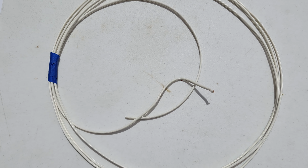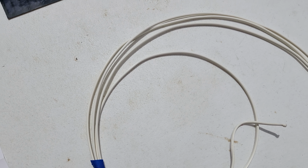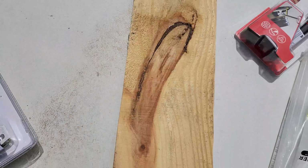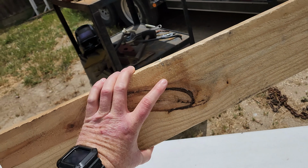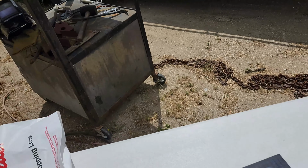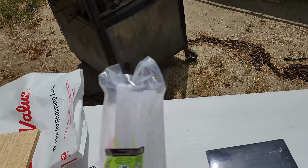And then for the other stuff we're going to need, we got a piece of wire. Got about 10 foot of wire. The wire was $5. And a piece of wood. This is just a remnant from the hardware store. I paid $1. Now, other things you're going to need: soldering iron, glue sticks,